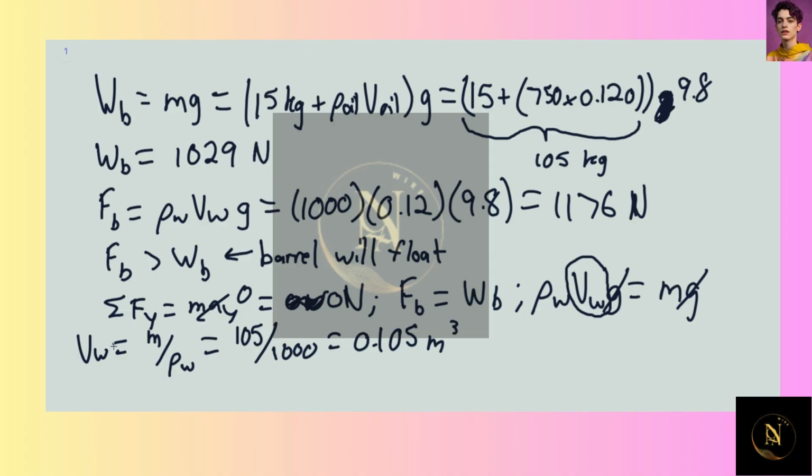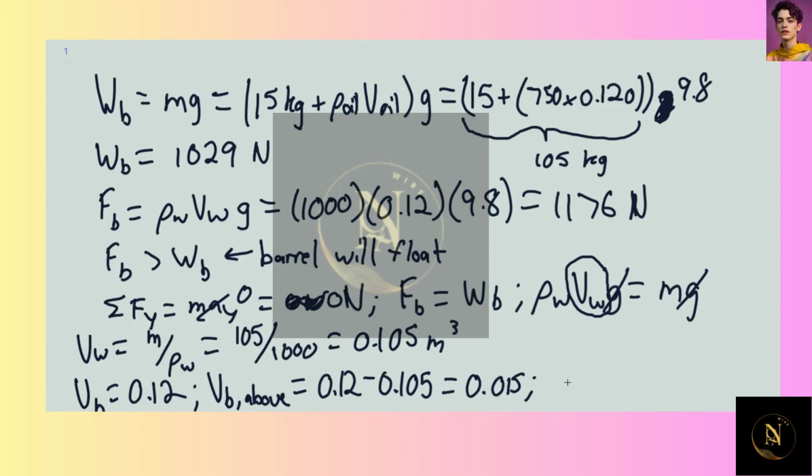This is the volume of the water that is displaced, and the only thing displacing this water is the barrel. The barrel's volume is 0.12, so the volume of the barrel above water is simply 0.12 minus 0.105,